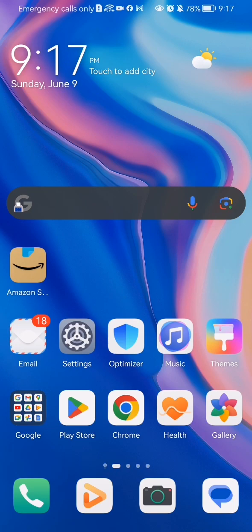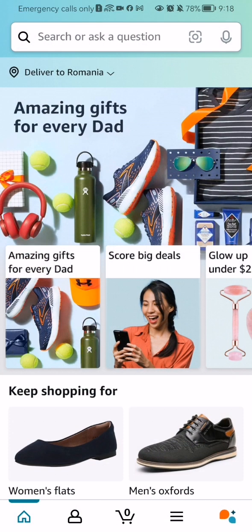Hello guys, in this video I'm going to show you how to manage the permissions in the Amazon shopping application. The first thing you need to do is enter the app. After you have done that and you are in the home page, you should look down below and select the